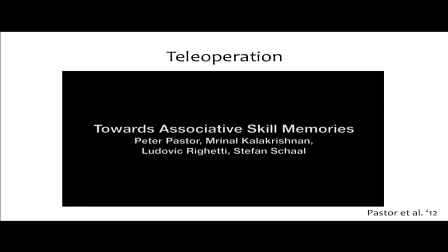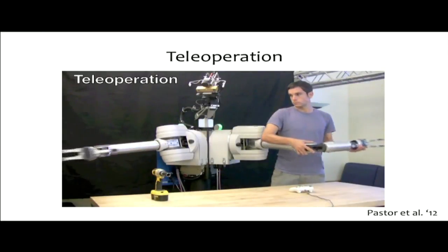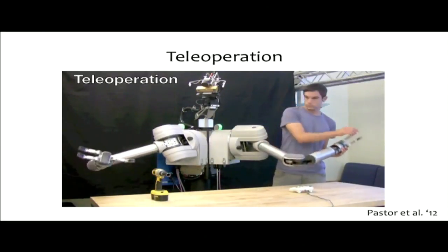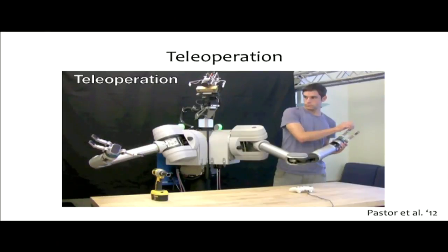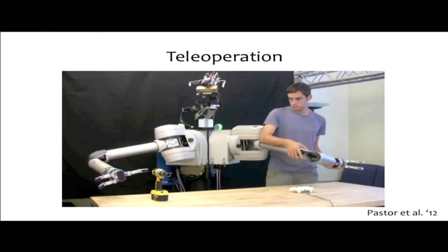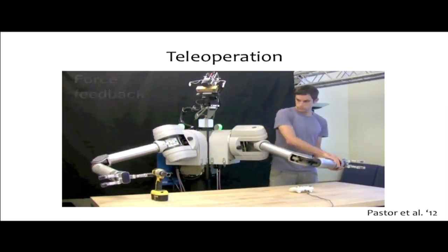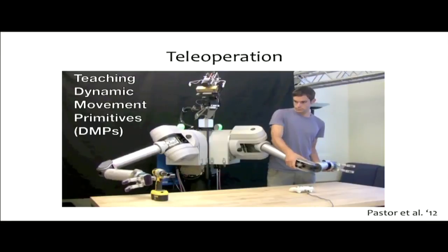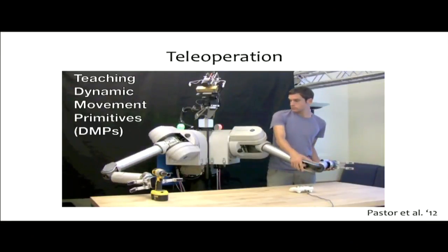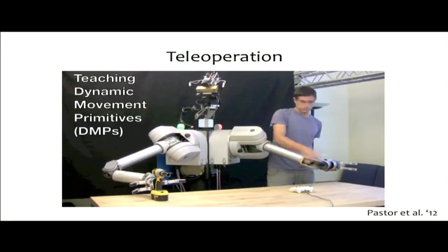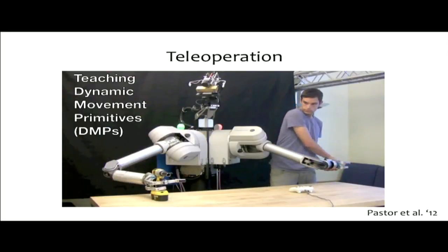And then another way to do this is through teleoperation. This is basically the same as kinesthetic teaching, except in this case, there's another arm that the human is controlling, and the other arm is matching what the arm that the human is controlling is doing. And again, this is a video of Peter Pastor, and again, he's making this look quite easy to do, but in practice, this is quite challenging. He has a lot of experience in these sorts of demonstrations.